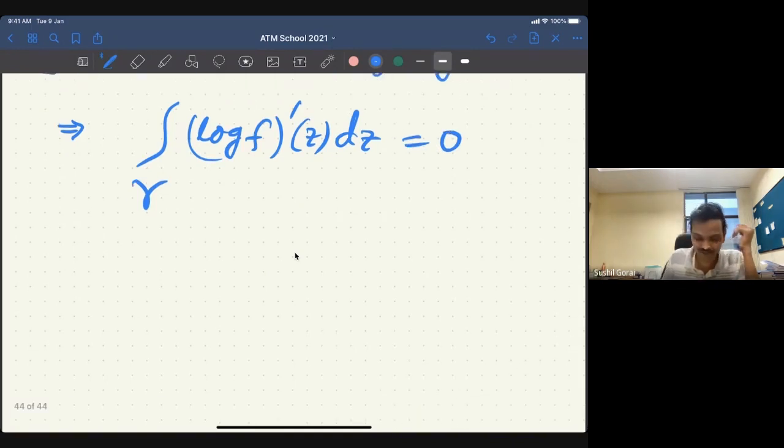Because log f is the primitive. So which means this is nothing but the integral of 1 over z minus a minus 1 over z minus b